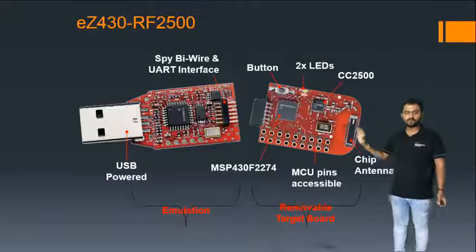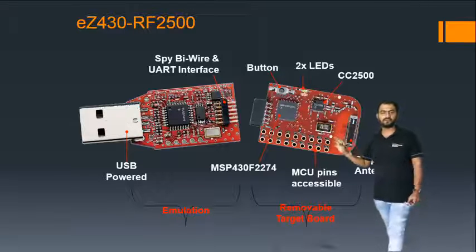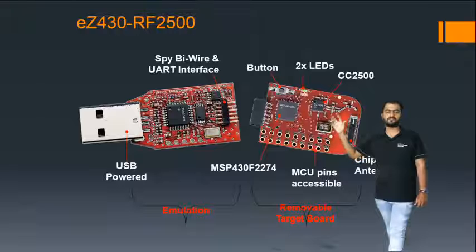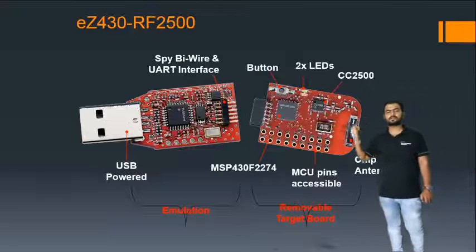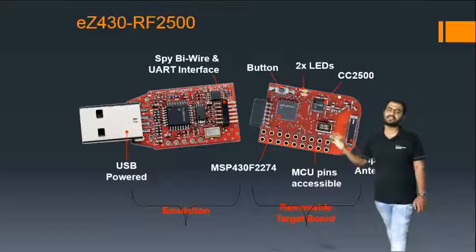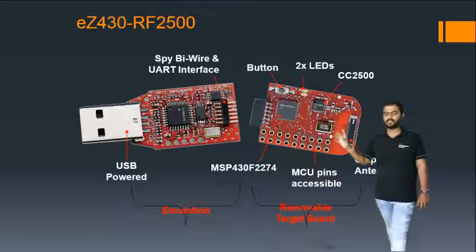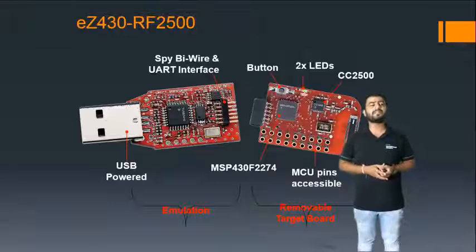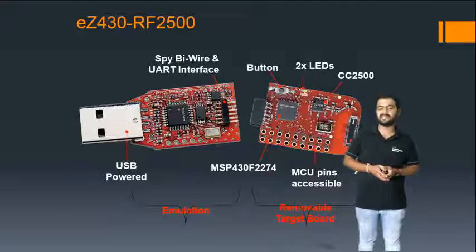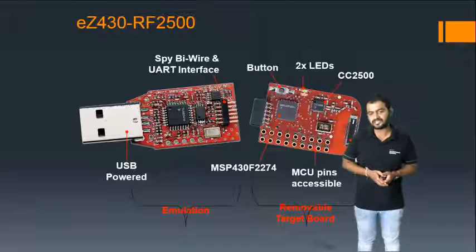Here you can see a few different types of boards, the EZ430 and RF2500, which are among the best examples of MSP430 boards, and these are helpful for performing any application related to the MSP430. I hope you are getting the idea of why we go with the MSP430, the advantages of the MSP430, its key features, and different peripherals like ADC, RTC, watchdog timer, and USCI of the MSP430.